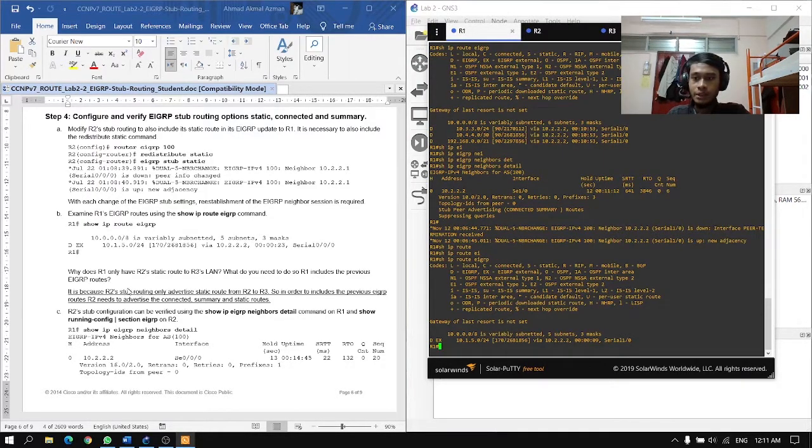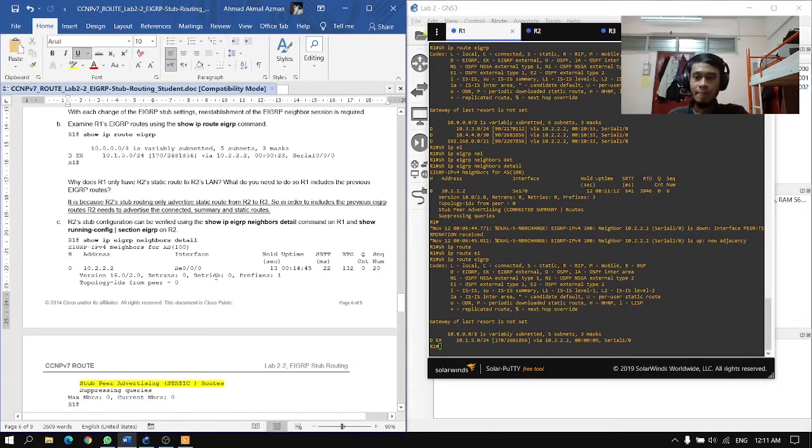Why does R1 only have the R2 static route to R3's LAN, and what do you need to do so R1 includes the previous EIGRP routes? The answer is that R2 stub routing only advertises the static route from R2 to R3, which is this command. So in order to include the previous EIGRP routes, R2 needs to advertise the connected, summary, and static routes. Okay, next,